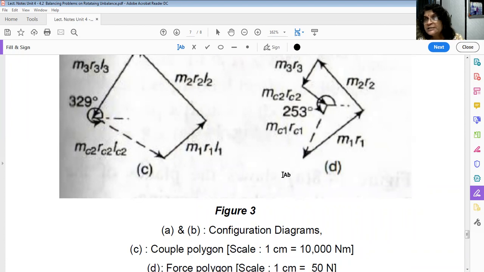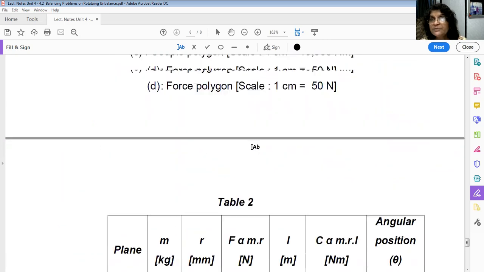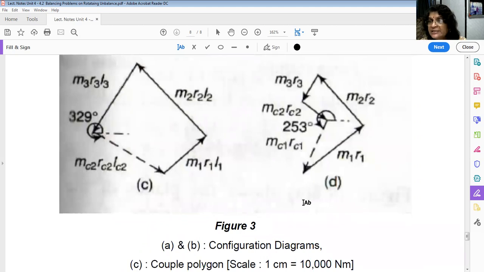Now see, we have finished drawing the four vectors of the polygon: 1, 2, 3, 4. Now we have to draw the vector which is unknown in both magnitude and direction. But we know the polygon must be closed because it is a balanced system. So this is the starting point, this is the end point. What you have to do now is join this end point with the starting point. This direction will give you the direction of the force MC1, and this length will give you the magnitude of that force.